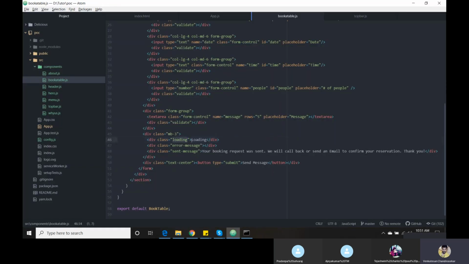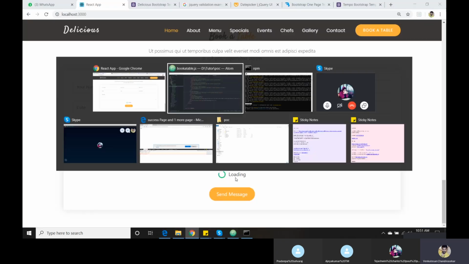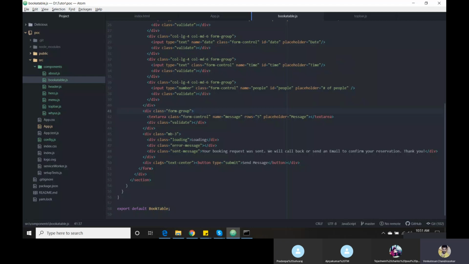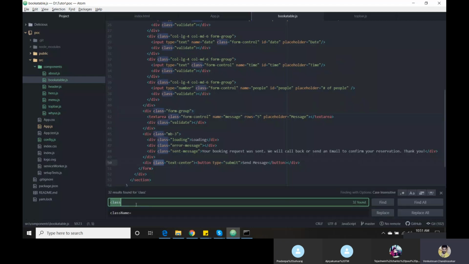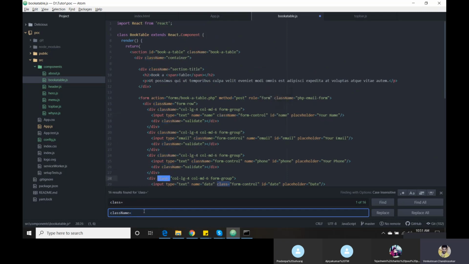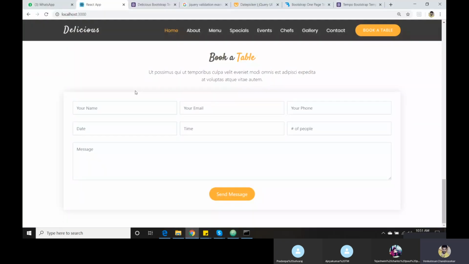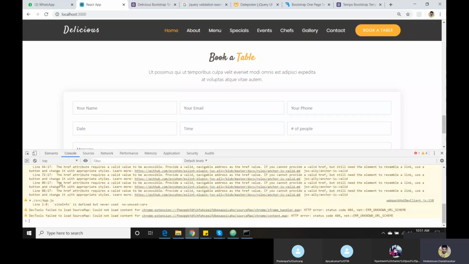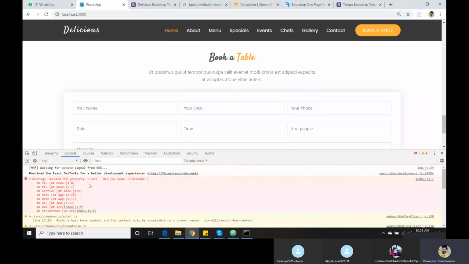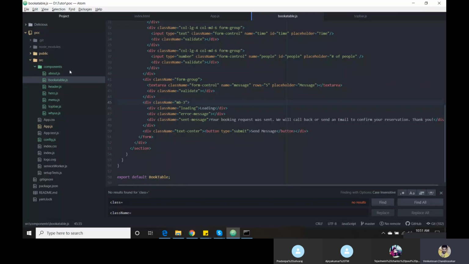The loading is there because they have written some CSS here, so we can keep that one. Okay, I'm going to change the class. Now we can check whether there is any error or not. Yeah, we need to change menu.js.